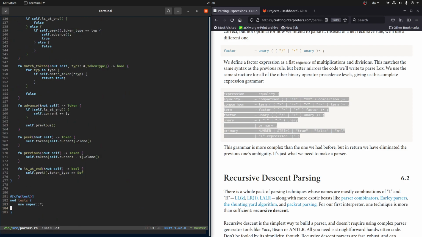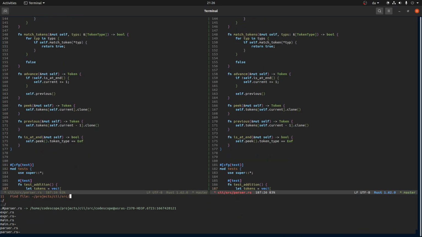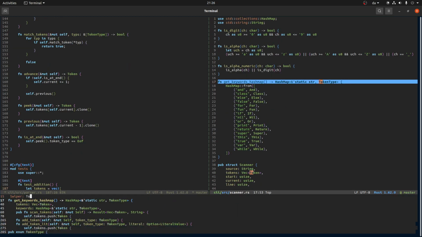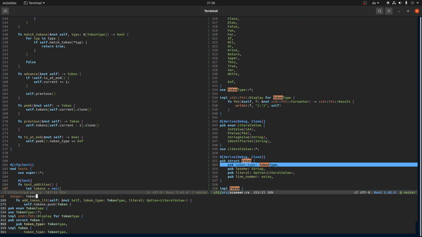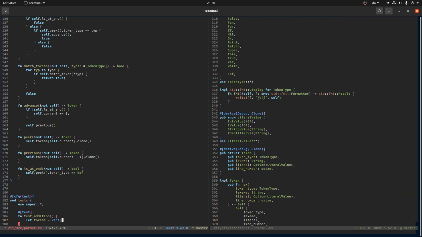So let's start with a test here. Let's make a super simple one that's just this. So we need a string of tokens. So that means that we have to remember what exactly a token is. And we go here, we want to make a token struct. So we want first a token that is a